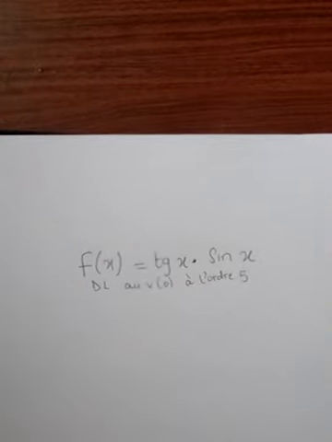Welcome everyone. Today we're going to be doing the DL of tangent x times sinus x. We have to calculate the DL au voisinage de 0 à l'ordre 5. So that means for when n is equal to 5, what is the DL of this function tangent x times